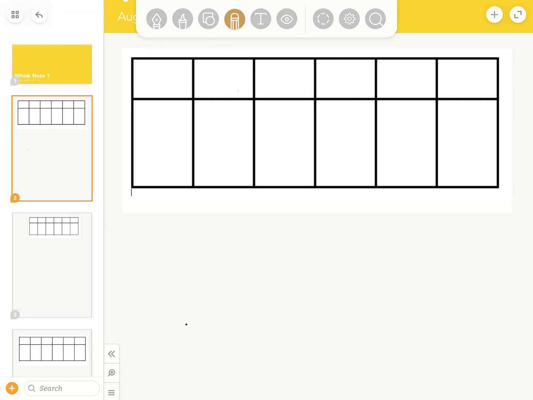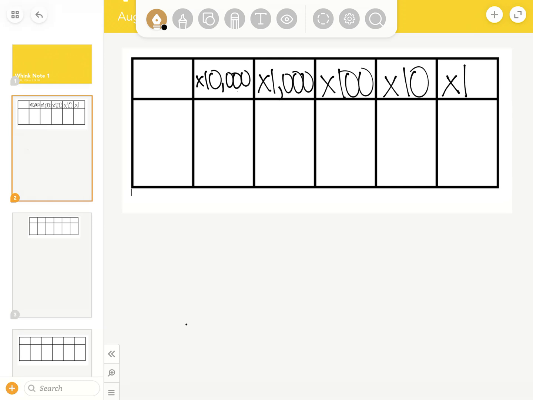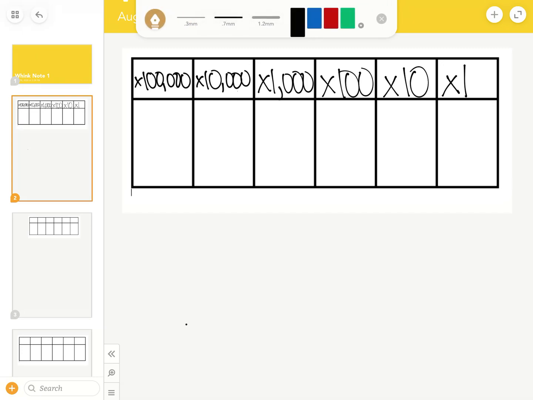At the top, let's say the ones we're going to count by ones. The tens, we're going to count by tens. The hundreds, we're going to count by hundreds. The thousands, we're going to count by thousands. The 10,000s, we're going to count by 10,000s. And the 100,000s, we're going to count by 100,000s. Okay. So what this looks like is if I have the number